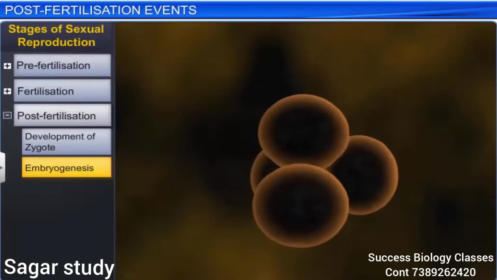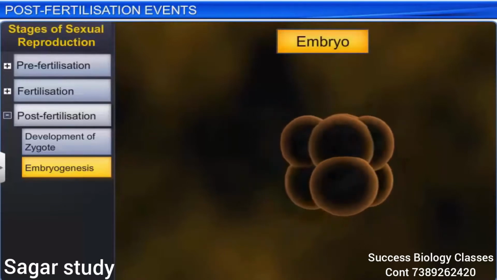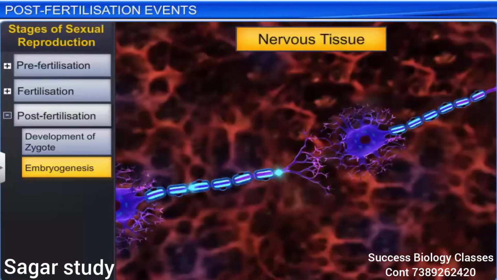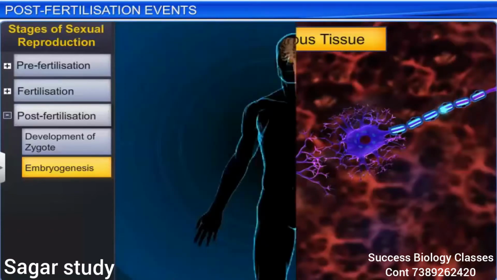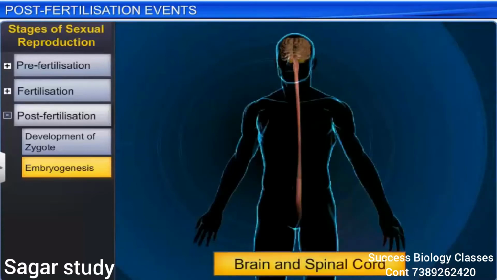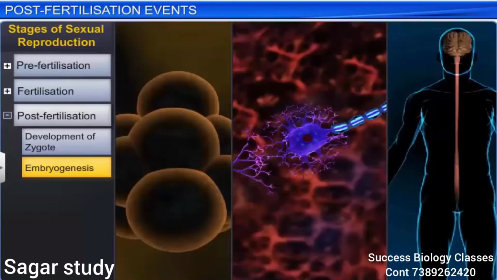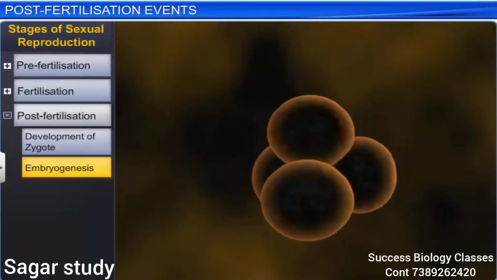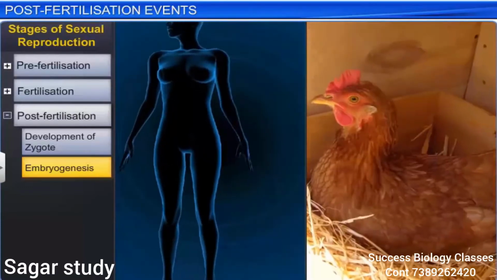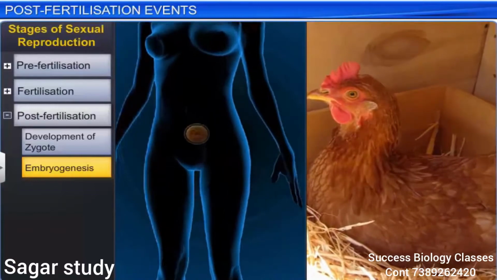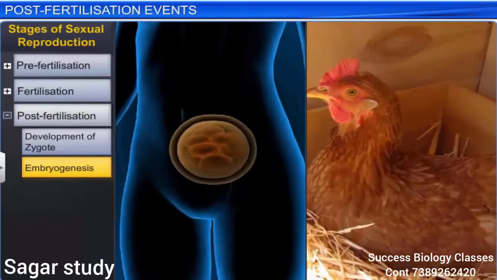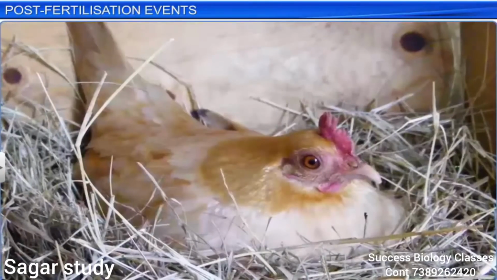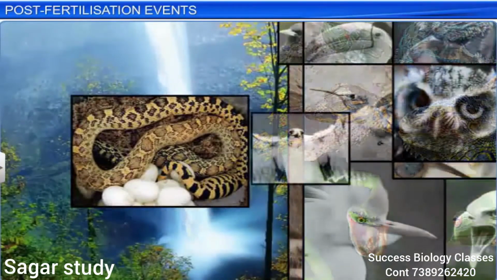For example, the cells of an embryo differentiate to form nervous tissue, which later develops into organs such as the brain or spinal cord. Embryogenesis, which occurs in almost all animals, can take place inside or outside the body of the female. In oviparous or egg-laying animals, such as reptiles and birds,